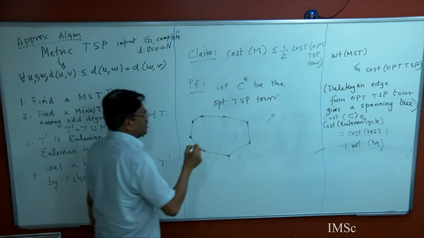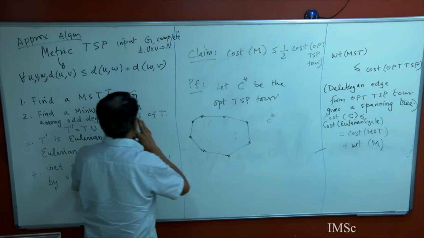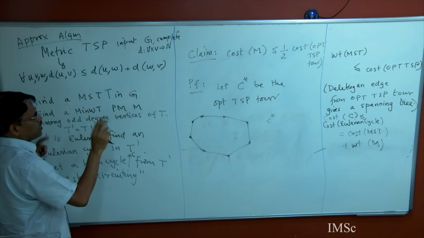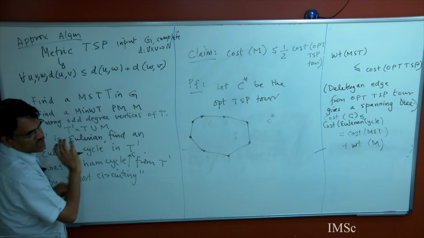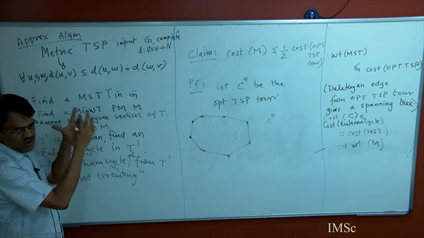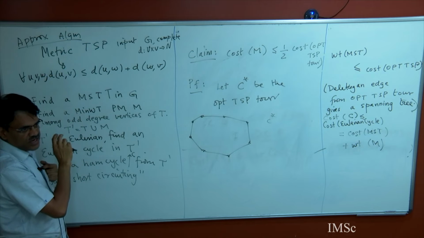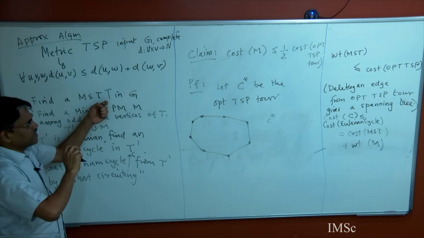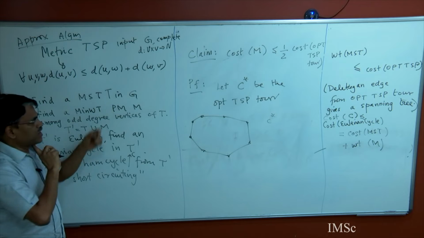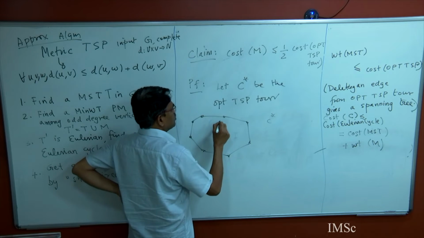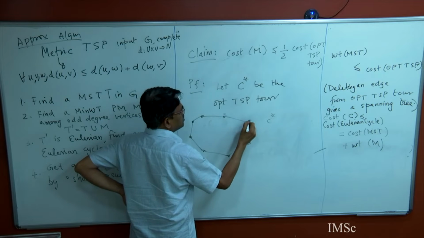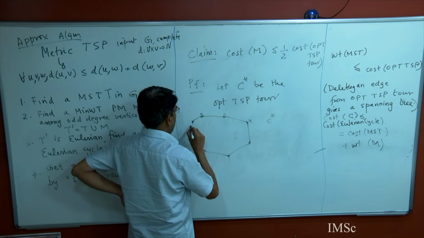Okay. So, my vertices of G are partitioned into odd degree vertices of T and even degree vertices of T. T is a minimum spanning tree, so every vertex is there in T. Some are odd degree, some are even degree in the spanning tree, right. So, look at only the odd degree vertices. So, this was even, maybe this was even, maybe this is odd,